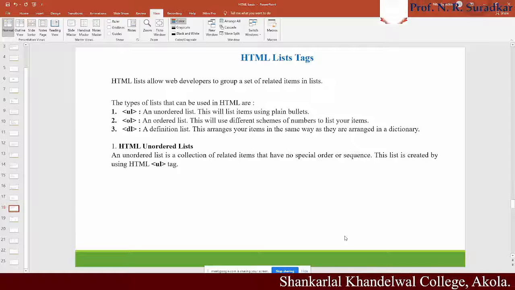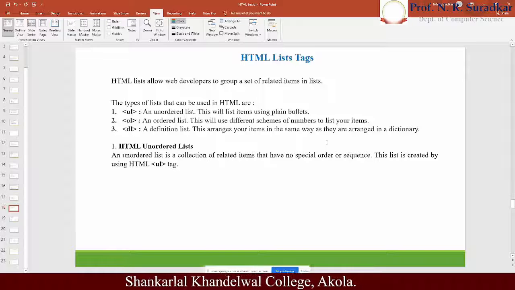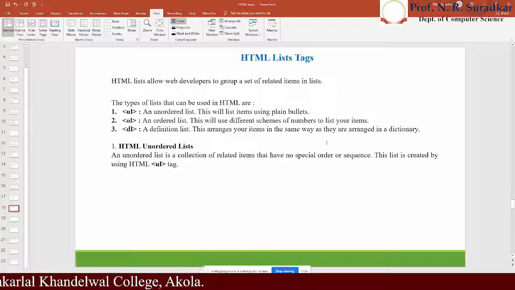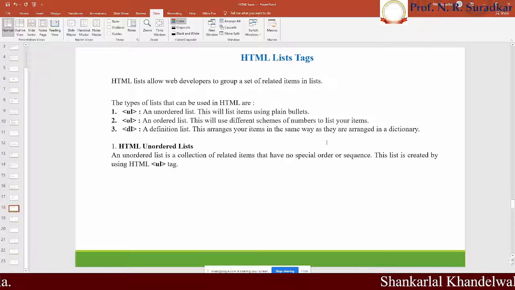Okay, let's see here. Today's topic is the HTML list tag. As we know, whenever we put certain important information onto web pages, we have to specify a certain numbering format for that point. That's why that point is highlighted mostly. And whenever we give a number, there is a purpose behind it. That's why we normally apply certain numbers, bullets, or identification marks or symbols in front of the